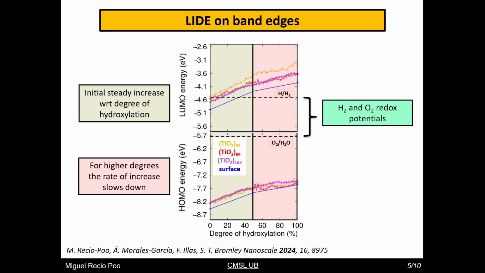So hydroxylation causes this upshift in orbital energies due to the ligand-induced dipole effect that comes from the cumulative electrostatic field of all surrounding dipolar OH groups. So the more OHs we have from hydroxylating the system, the larger the effect will be. But as we can see here, it is not strictly linear all the time, but it has two different linear regimes. So we need a model that captures both regimes.